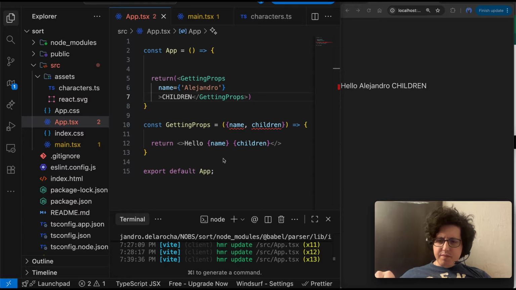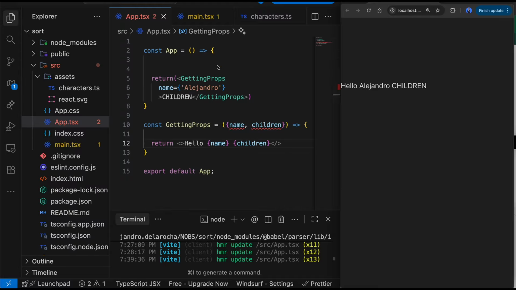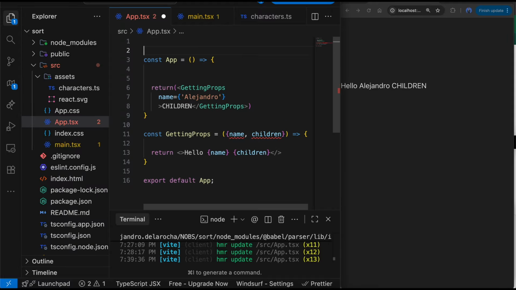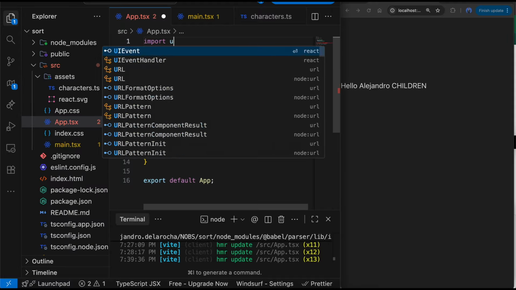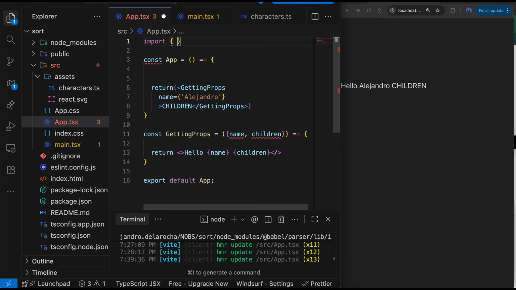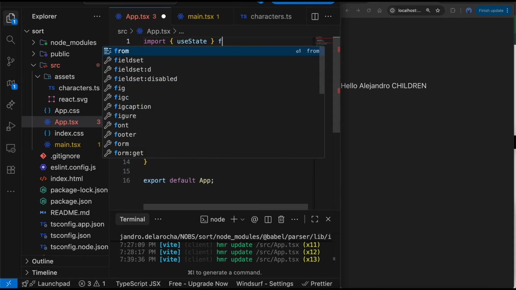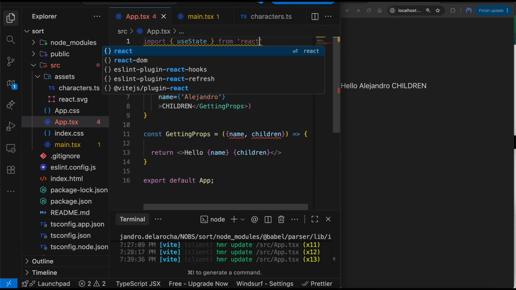So, remember I told you that in order to change the prop of the father, you need to use states. So let's use them. So we need to import useState, equals, not equals, we're not destructuring, from React. Okay,